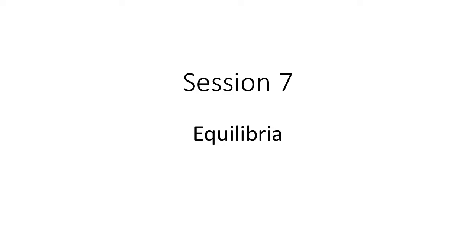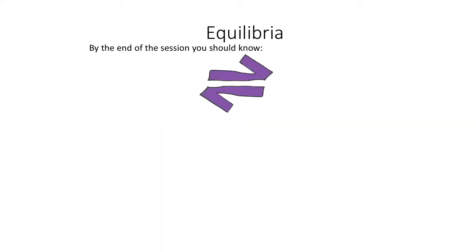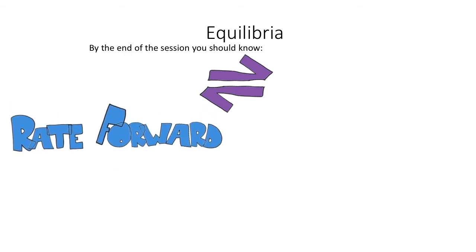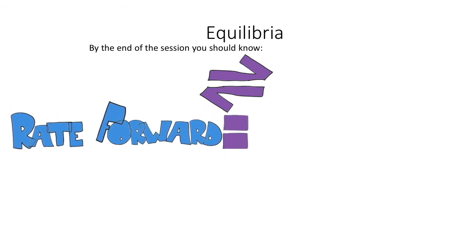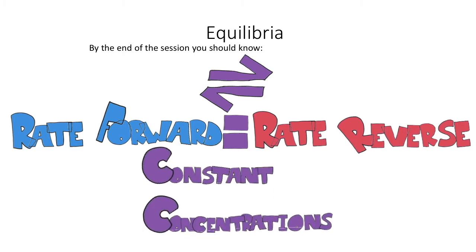In this video, we're going to be looking at equilibria, which is all about reversible reactions. You'll know a reaction is reversible when you see this instead of the normal arrow in the centre of the balanced equation. A reaction is said to be in equilibrium when the rate of the forward reaction equals the rate of the reverse reaction. And at this point, we find that the concentration of reactants and products is constant. Not equal, but constant